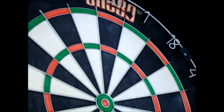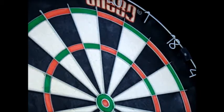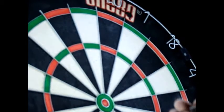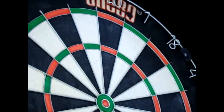So yeah, let's try, these are 25 gram darts that I'm using here as well with those points. I don't have a vast range of weights available on my darts. I think the lightest set I've got are 23 grams. Let's give these ones a try. Now these are just plain black points. These are Harrow's Assassins. Let's...